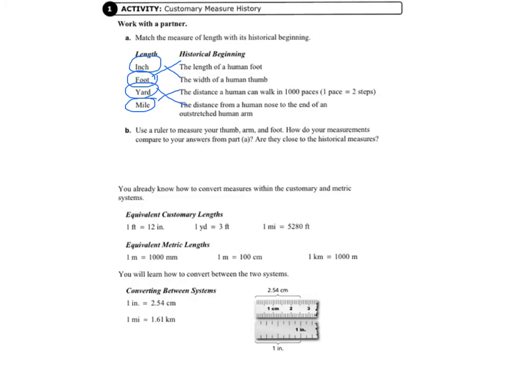So letter B, it says use a ruler to measure your thumb, arm, and foot. How do your measurements compare to answers from part A? Are they close to the historical measures? So you don't have to measure the measurement for a mile, but you do need to measure your thumb, and your arm,